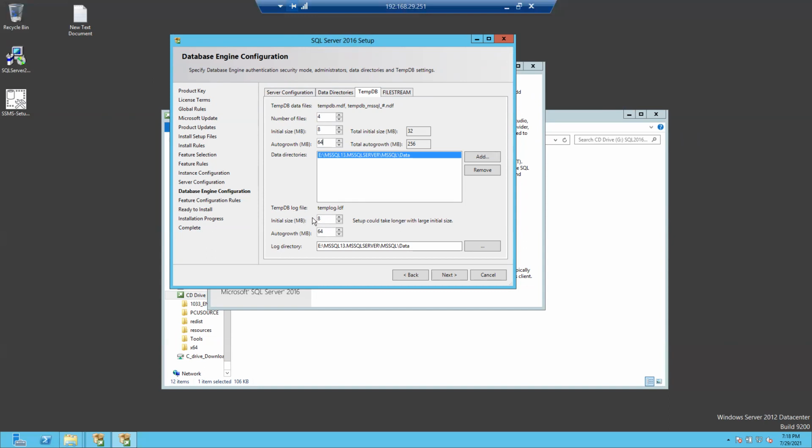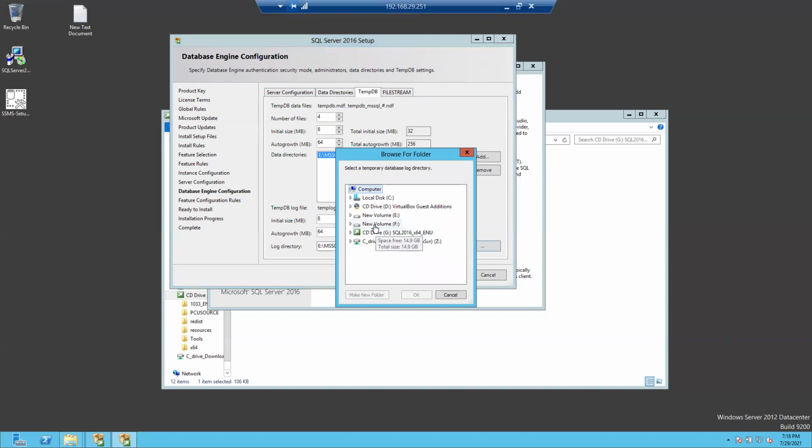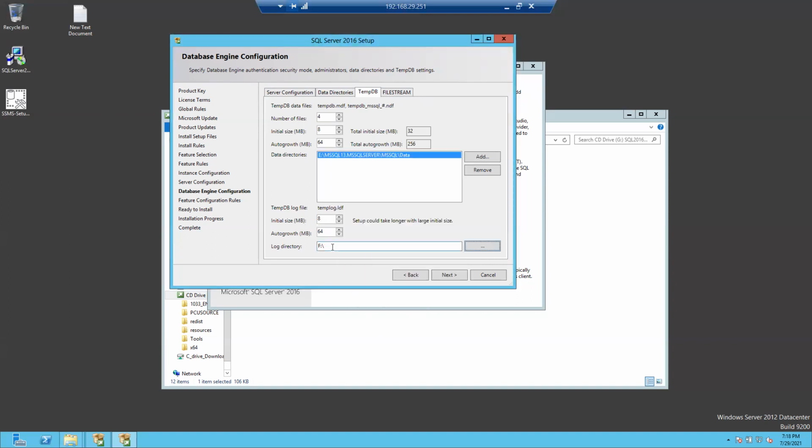So this is the TempDB log file. TempDB we can keep as one log file. If you wanted to keep TempDB somewhere else in another drive, you can keep it. So if you wanted to keep it in some other F drive, all log files in the F drive means I'm keeping in the F drive. Okay, so next.